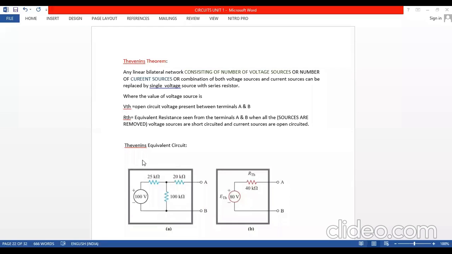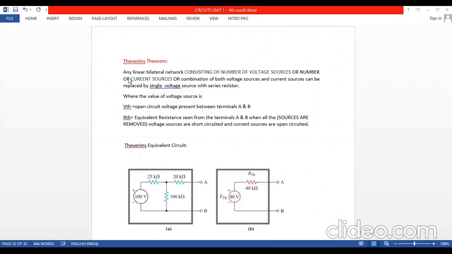Thevenin was an engineer. He mentioned, you give me any circuit, any complicated circuit, and that circuit will be converted into a simple circuit. What is the simple circuit? A voltage source with a series resistor. He has challenged everyone: I will not use mesh analysis, I will not use nodal analysis. Any circuit given, Thevenin is going to convert it to a simple circuit and then he will calculate the current. So any circuit means what?